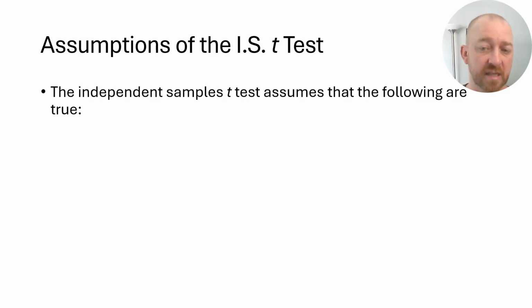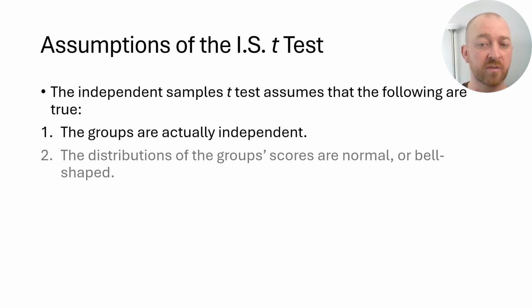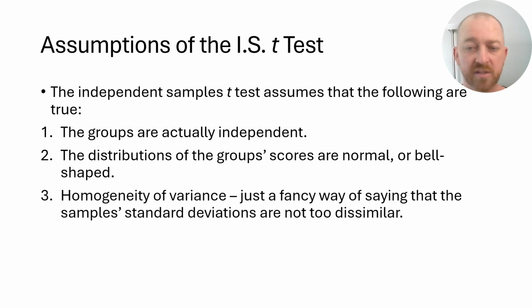The independent samples t-test assumes three things to be true. We'll talk about each of these individually a little bit more, but the first is that the groups are independent of each other. The second is that their distributions are relatively normal, like a bell-shaped curve. And the third assumption is that the standard deviations are relatively similar to each other. A very fancy way of saying that is homogeneity of variance, which just means the variance is roughly equal to each other. But we'll talk about this in just a minute,